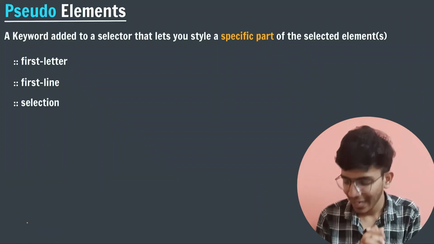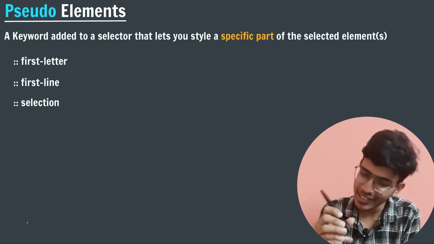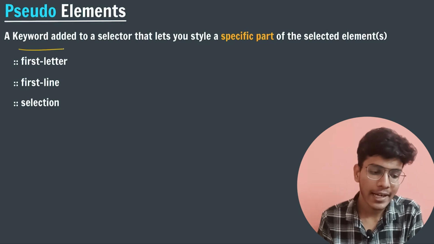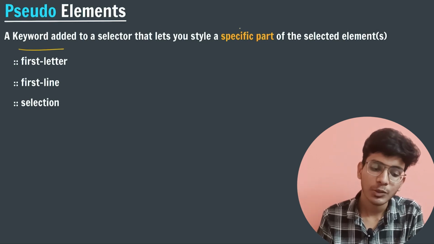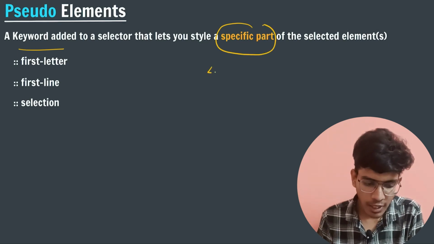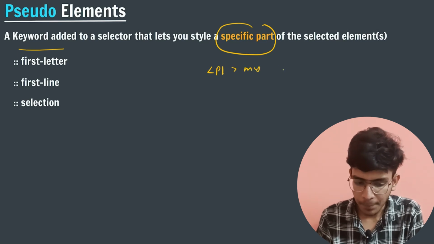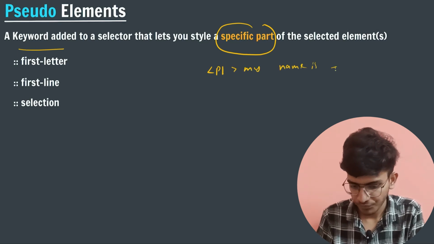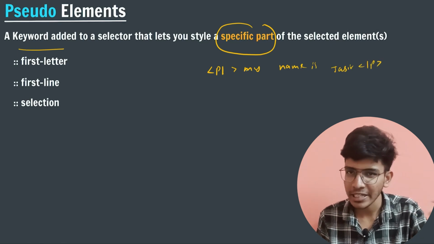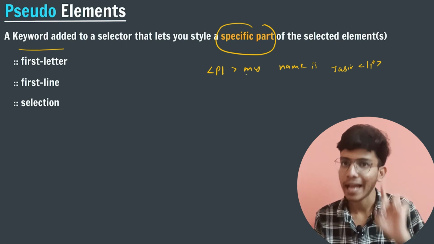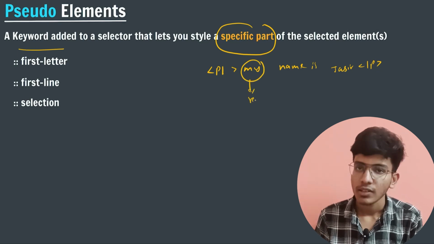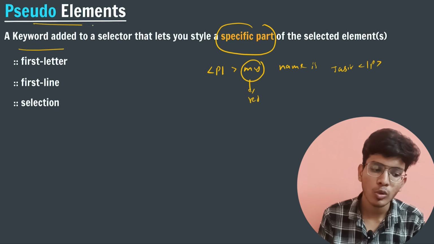Like pseudo class, we have another similar type of concept called pseudo elements, and it is also a keyword added to a selector that styles a specific part of the selected elements. Let's say that in a paragraph you are having "my name is Jabir", right? Now you want to change a particular part in your HTML tag. Let's say I want to change "my" to red. Then you will use pseudo element concepts,